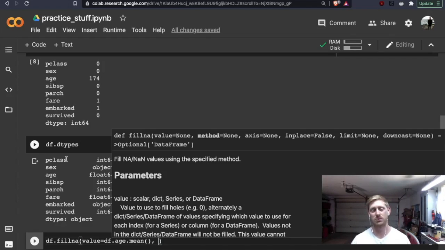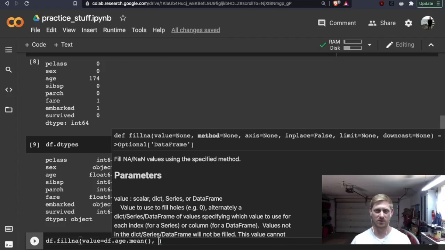So we would assume that older individuals would likely buy the first class ticket. And that's what these P classes are: first class, second class, and third class. So that's why we would want to break it down by age, age by the P class, so that way we know that they're associated with a younger average age.